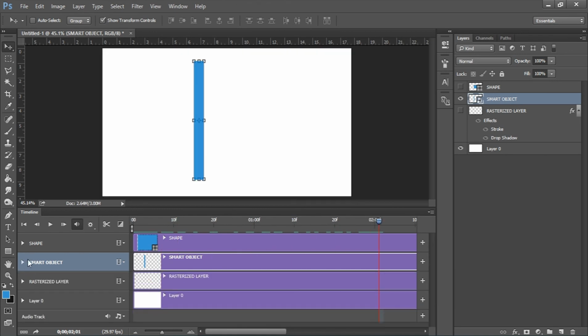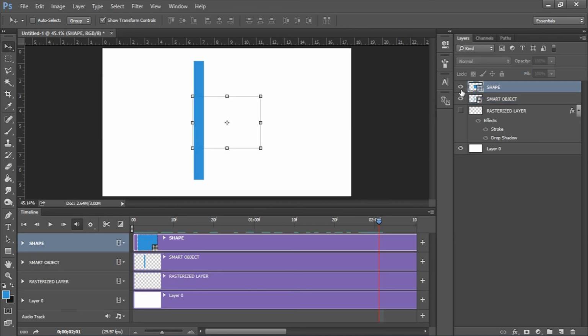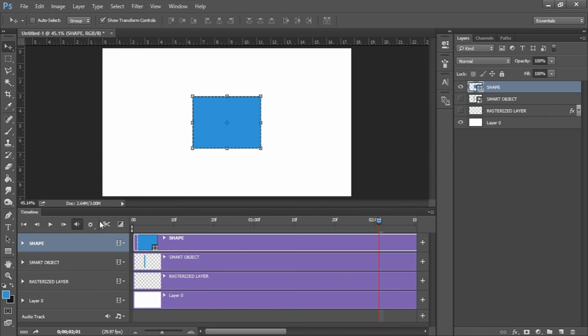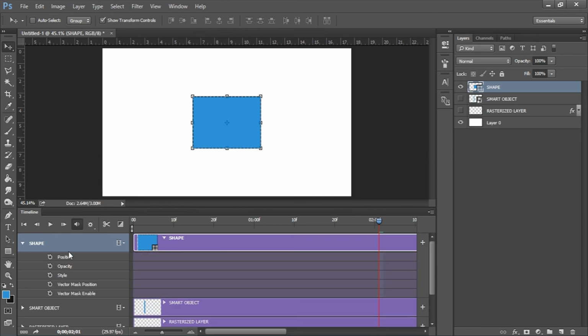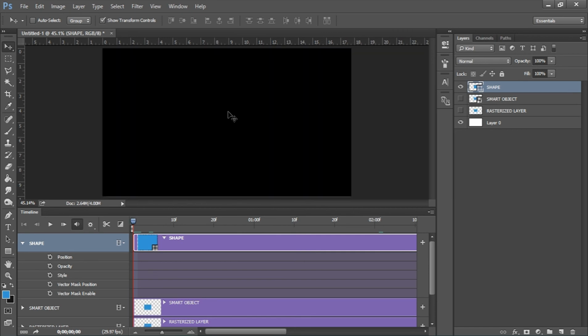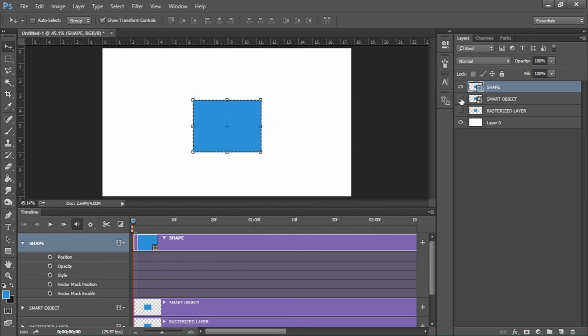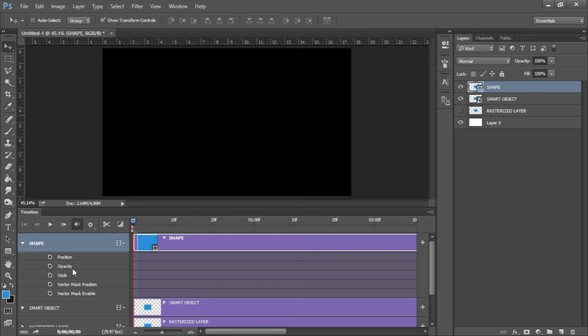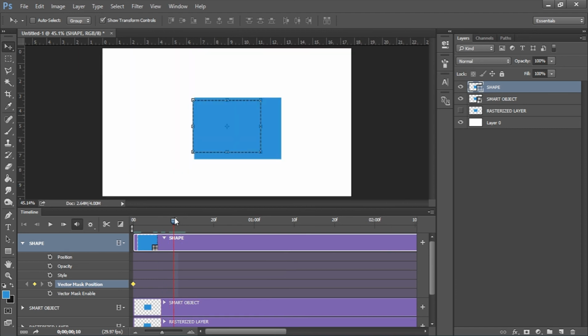Now for shapes, let me hide these two. For shapes, we have a few other options, but I'm just going to be talking about, basically I've covered that. So we have style, we have vector position, where you could create a vector mask over some particular portion. So let me just bring this one up. Let me just create a vector position mask. So at this portion, you know what, I'll talk